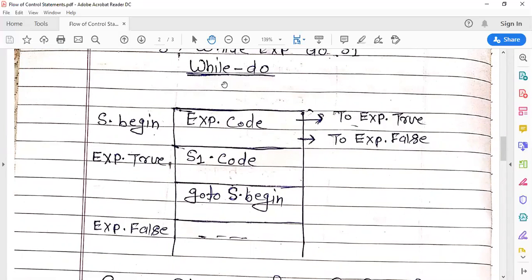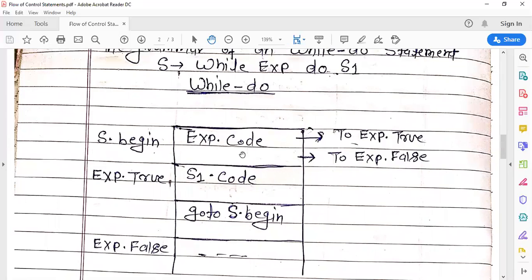You can see here while do. Here exp.code means the code of this exp, and this is the boolean expression, which may be true or may be false. If exp.code is true, your control jumps to exp.true. Here exp.true is the label, and this label has the true statement code.